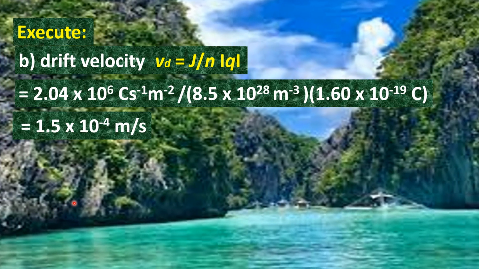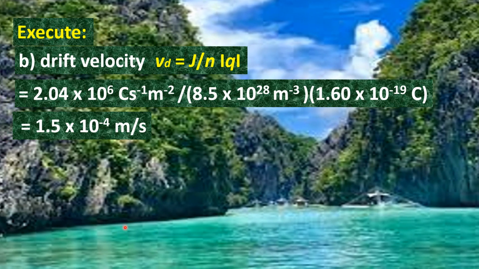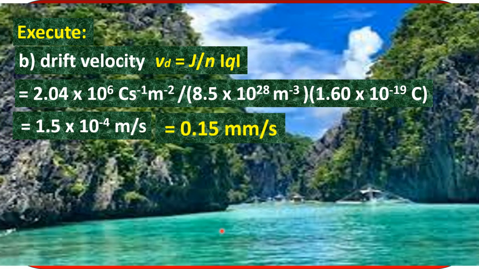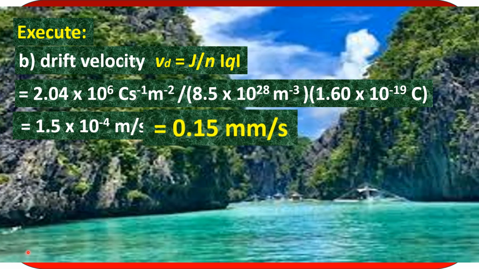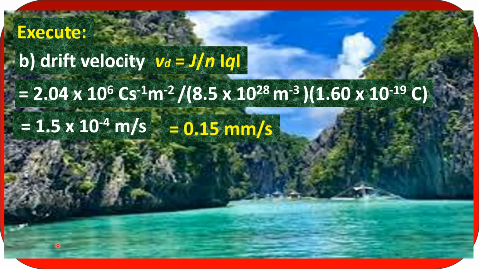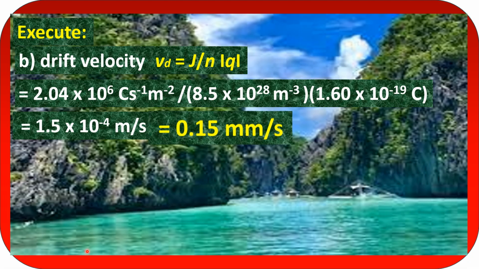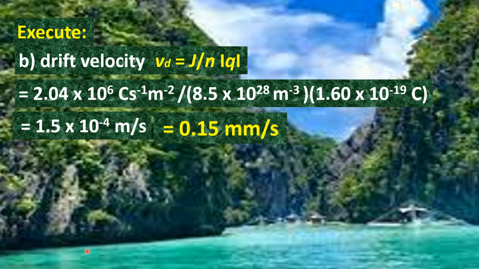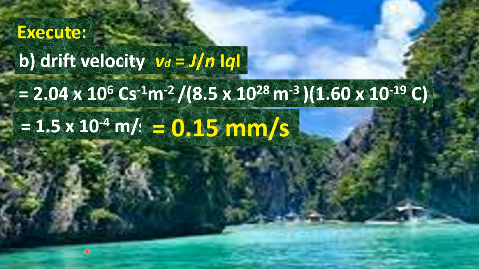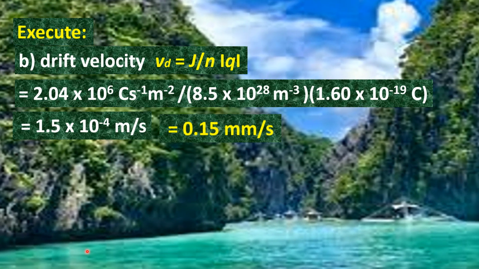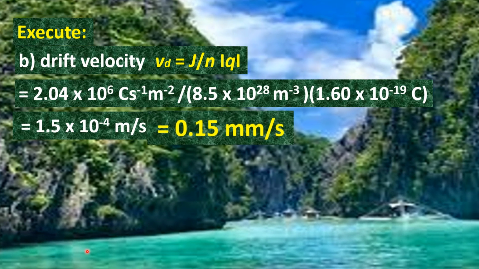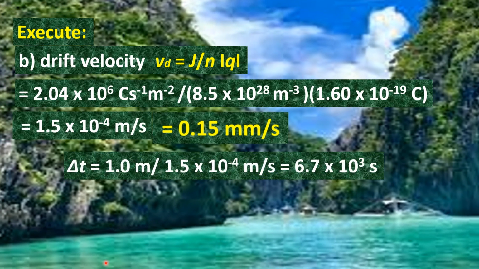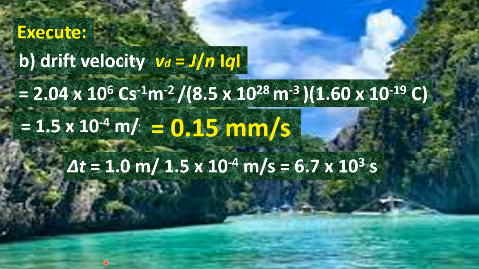Now this implies, converting it first to millimeter per second, that we get this drift velocity equal to 0.15, in two significant figures, 0.15 millimeter per second. Now what does this imply? It implies that at this calculated drift velocity,